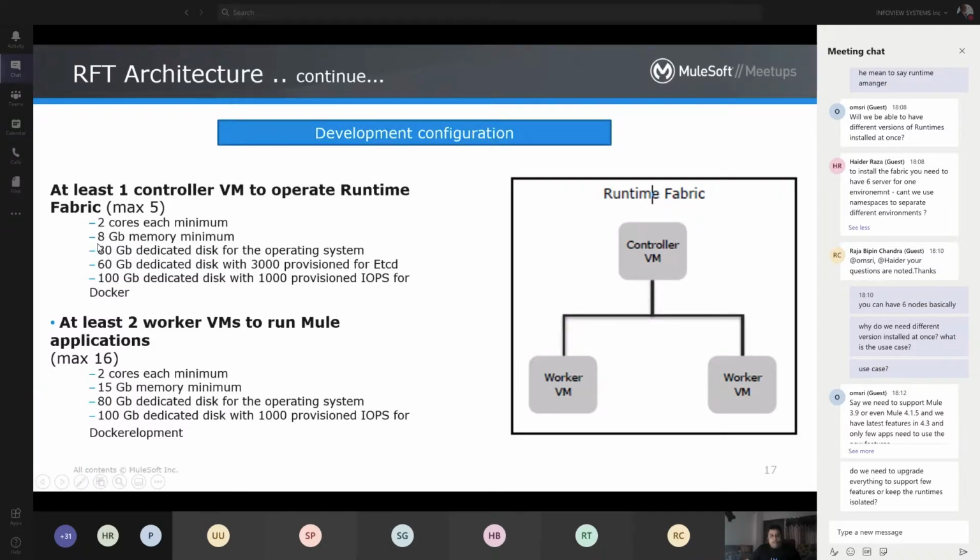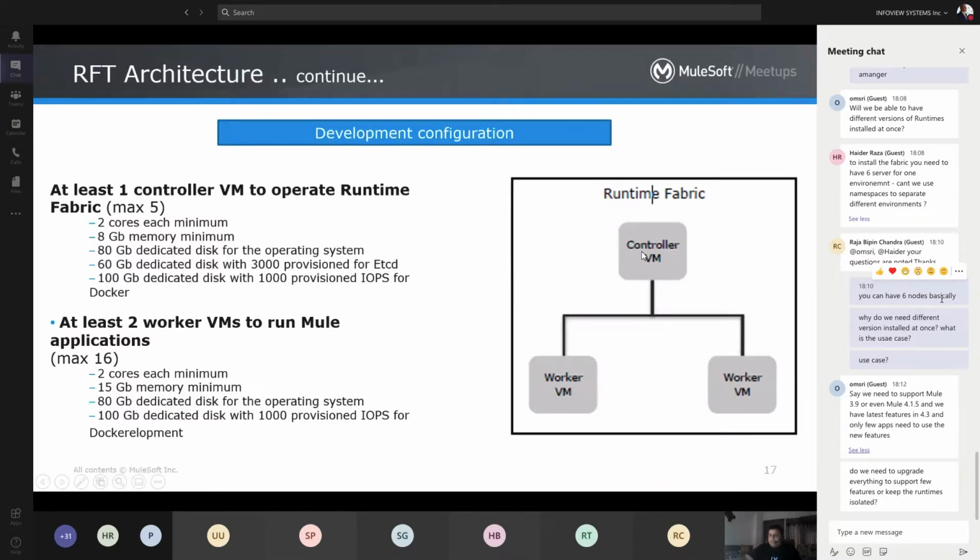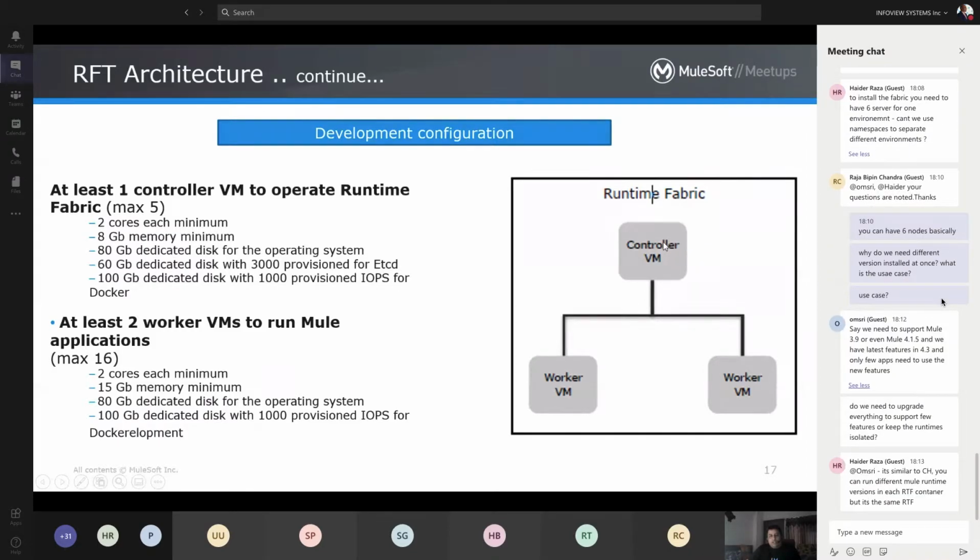And a configurable 80 GB, 60 GB, or 100 GB disk needs to be there on the controller server. While installing the controller, it validates that the required resources are available. If they are not available, it will not configure the controller on the provided server.